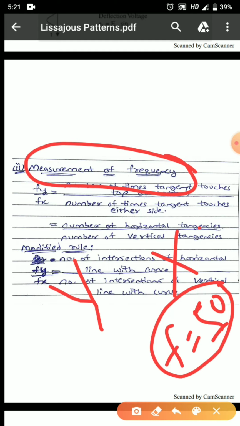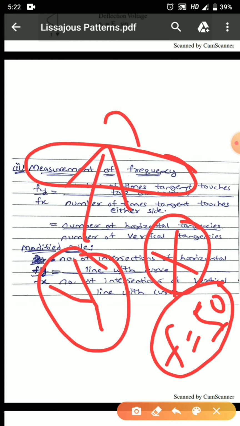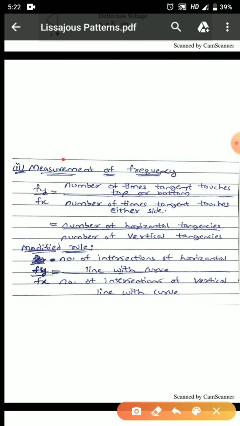There will not be any plus minus or tolerance errors in that manner. A signal I will be giving to the X plate, and to the Y plate I will be giving a signal X, whose frequency value has to be measured. Right, now here we can see that to the X plate and to the Y plate, I'll be applying sinusoidal waves.